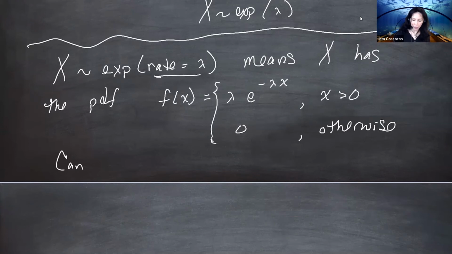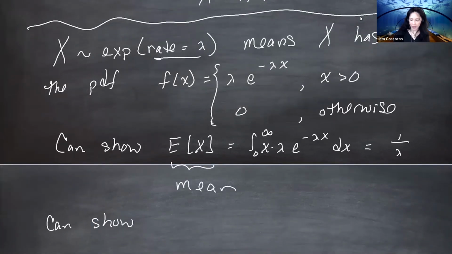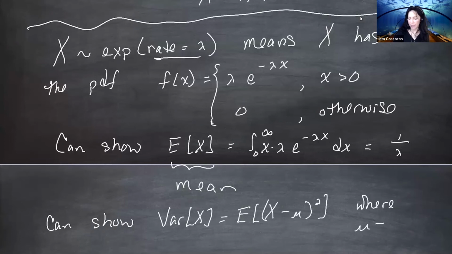And then we can show that the expected value of X, which is the integral from 0 to infinity of x times lambda e to the minus lambda x dx, we can show that this is 1 over lambda. And so this is the mean, and it's 1 over the rate, and there's this 1 over relationship. And we also can show that the variance of X, which is the expected value of X minus its mean squared, where mu is this expectation for X,